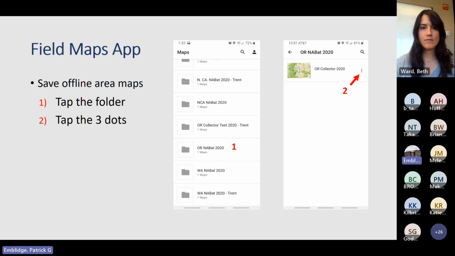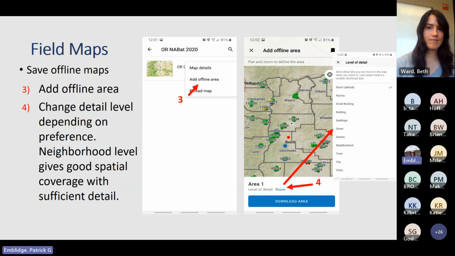So since most of these surveys are going to occur where you don't have cell service, we're going to need to download offline maps. So you'll return to the main field maps page and select the more options, 3 dots to the right of the web map, and select add offline area. At the bottom, then you'll see the map, and at the bottom of there, it shows the level of detail, and we usually do neighborhood or streets, plural,